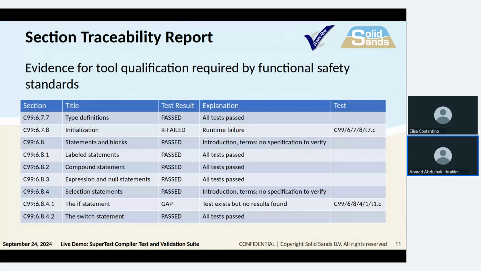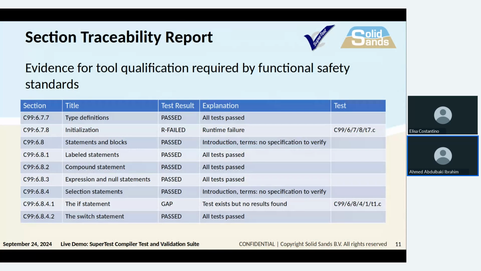So in this sample report, we have one test that encountered a runtime failure, as well as one gap here that indicates a failure of retrieving a particular test's results. In case of failures, they can be thoroughly investigated within the validation suite in order to determine their cause of failure. So it's not the objective to assume a completely error-free run for any compiler. It's actually much more important that any failing tests end up being documented and their detrimental effects or negative effects